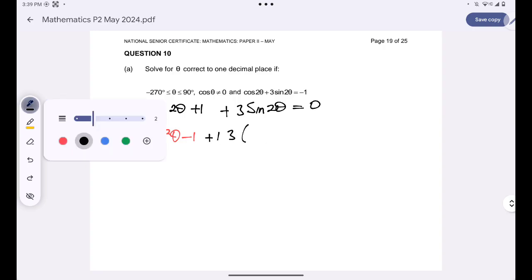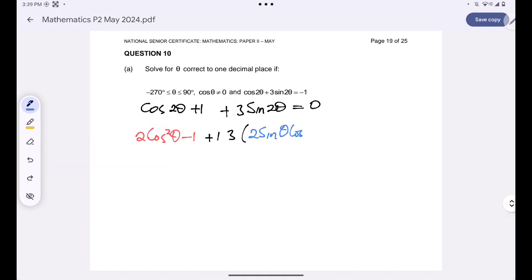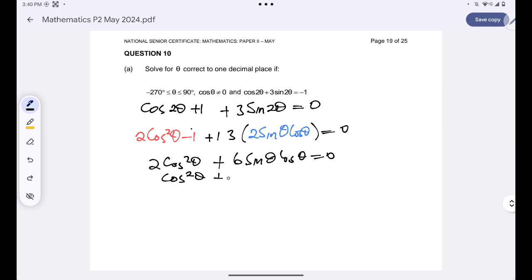I can change the double angle for sine as well. This is 2 sine theta cos theta. This is equal to 0, right? And then now the ones will subtract one another. I'll be left with 2 cos squared theta plus 6 sine theta cos theta is equal to 0. I can divide everything by 2, then I'll be left with cos squared theta plus 3